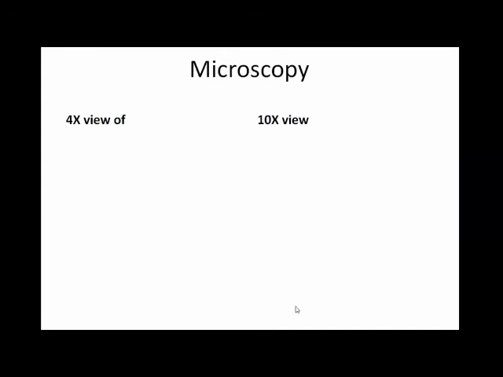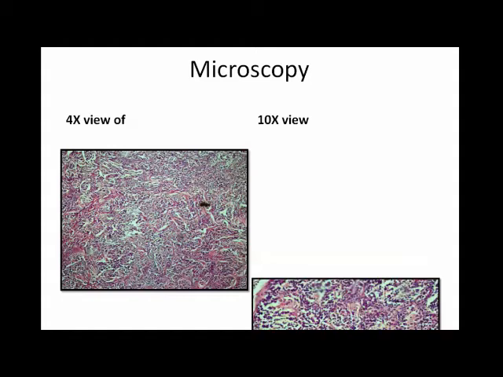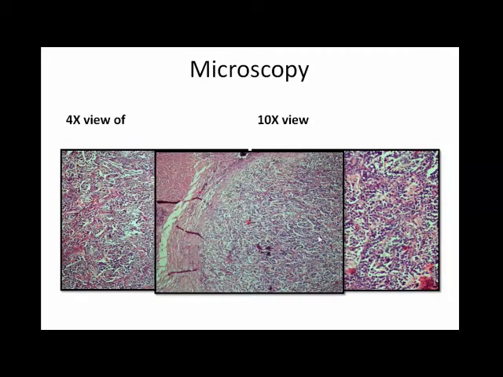On microscopy, we saw that it consists of an intermix of two components. First, the neuroblastomatous component, which is composed of small round to oval cells with very scant cytoplasm and hyperchromatic nuclei. This is a small low power view and this is the high power view. And the lesion was well encapsulated and nodular.